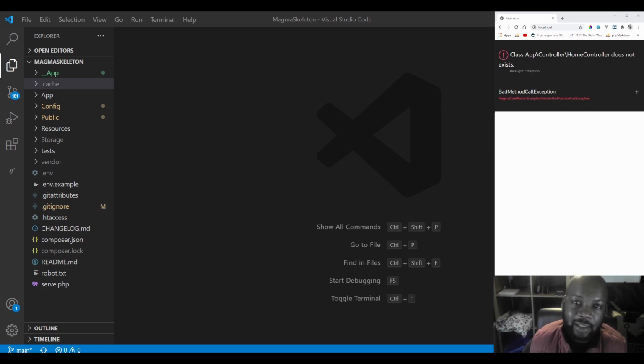That package is available on Git. If you want to go and get it, it's called Magma Core. You could download it and follow along with what we're doing right here. Or you could do what I've done: I've got another package on GitHub called MagmaSkeleton, which requires that Magma Core framework, and it gives you all the directories